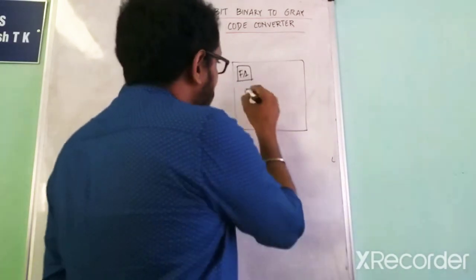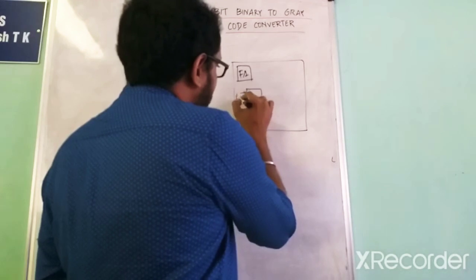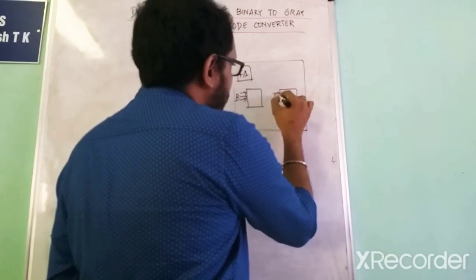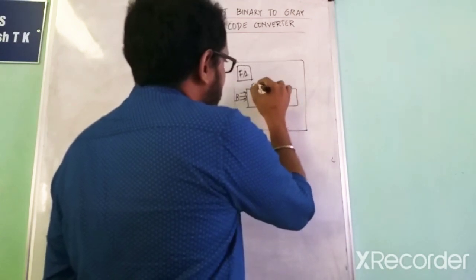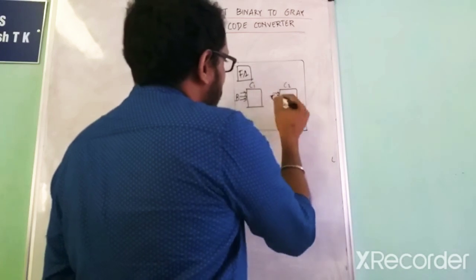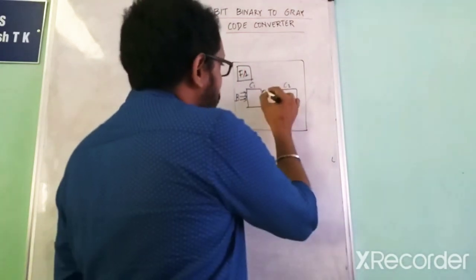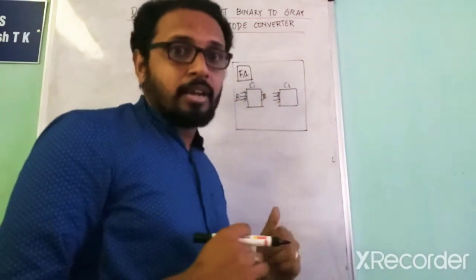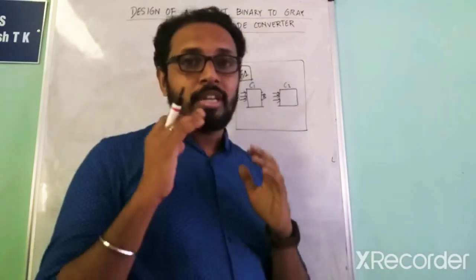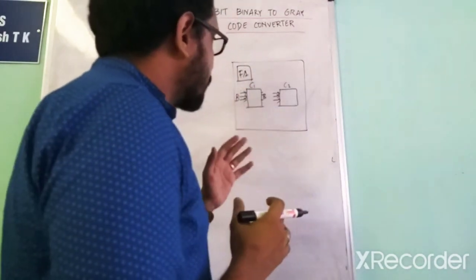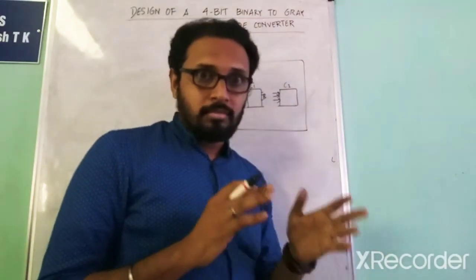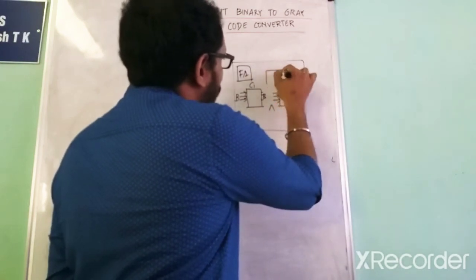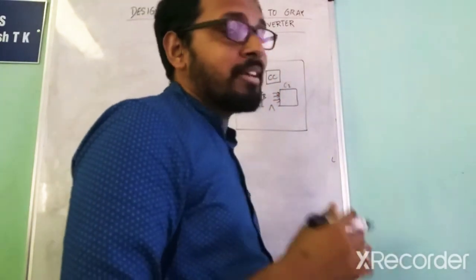Consider this is a circuit which accepts binary, and we have another device in between which accepts only gray code. This is circuit 1, this is circuit 2. It accepts only binary, so the output will be in binary format. So binary code and gray code will not be compatible. We need to have a conversion from binary to gray code, so we insert the code converter, which we write as CC.